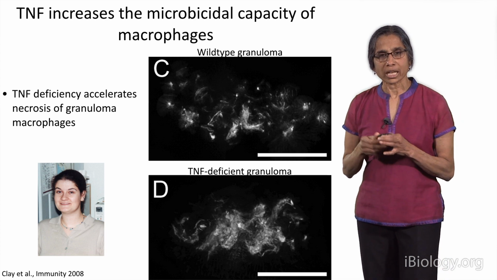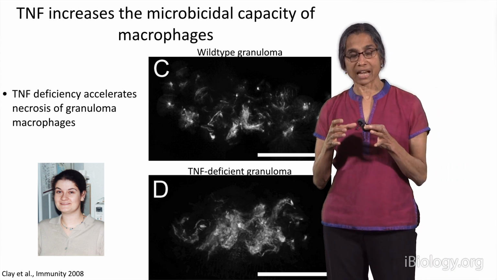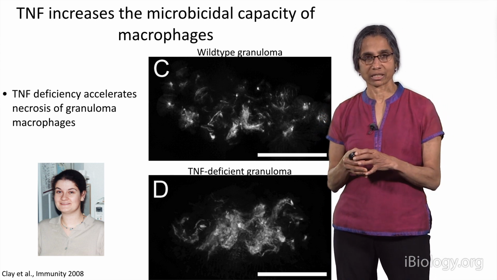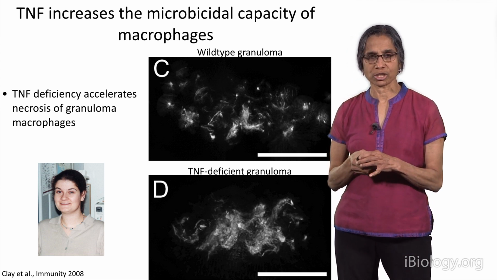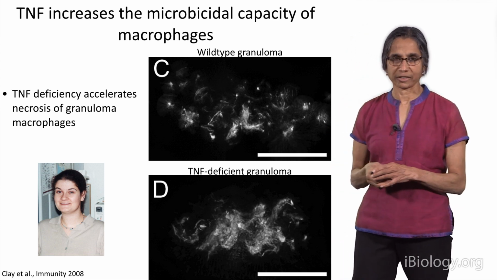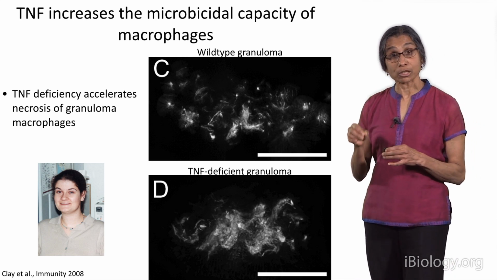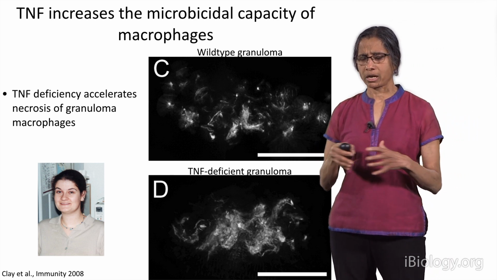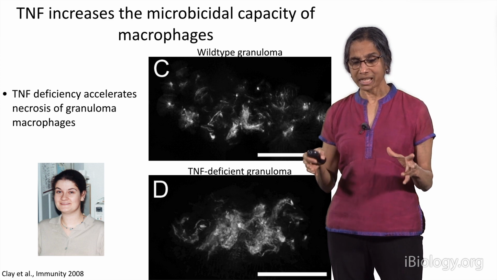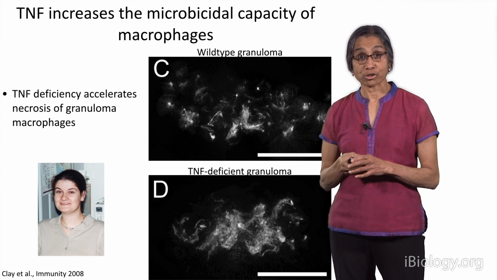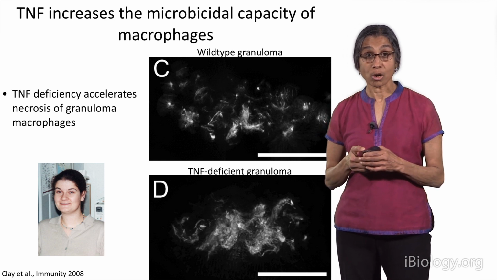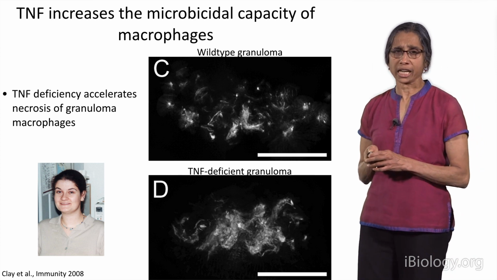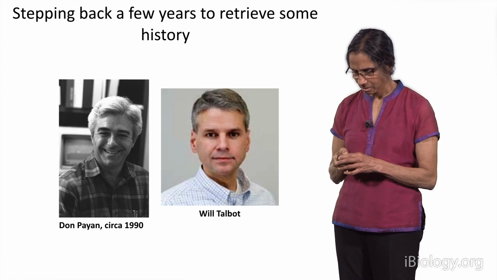And she also went on to show that if the fish didn't have TNF, then what would happen was that the individual macrophage wouldn't be able to control the growth of the bacteria. The bacteria would overgrow in the macrophages, and ultimately they would just lyse open the macrophages. And this is very different from the kind of apoptotic death that I talked to you about in my last lecture. This is a full-on necrosis where the bacteria are spilled out of the macrophage, and now they're in the extracellular environment where they seem to be able to grow in a more unfettered fashion than when they are in macrophages. Okay, so we had got to this point, but